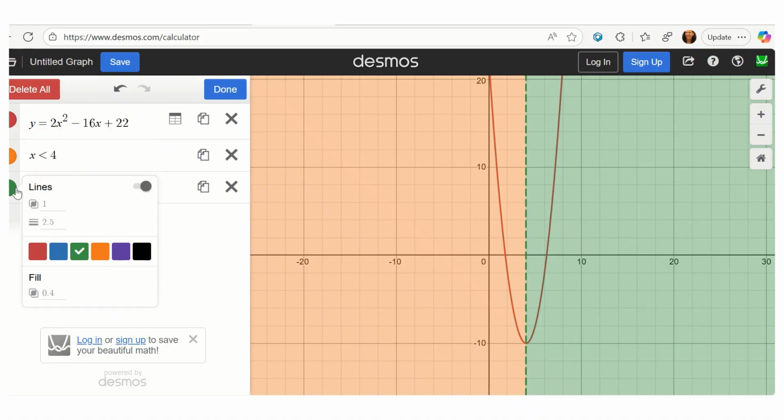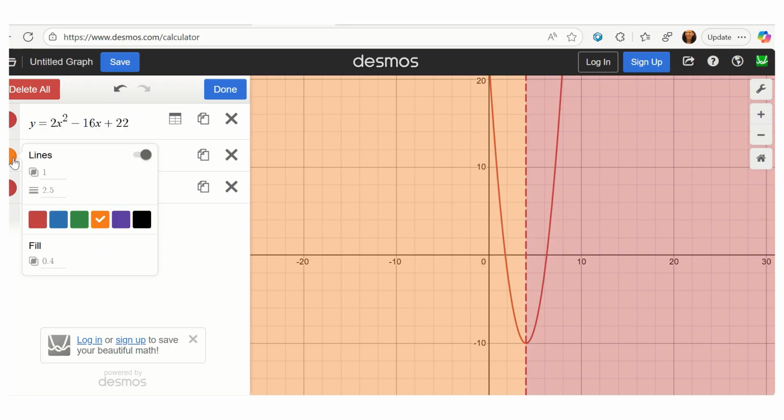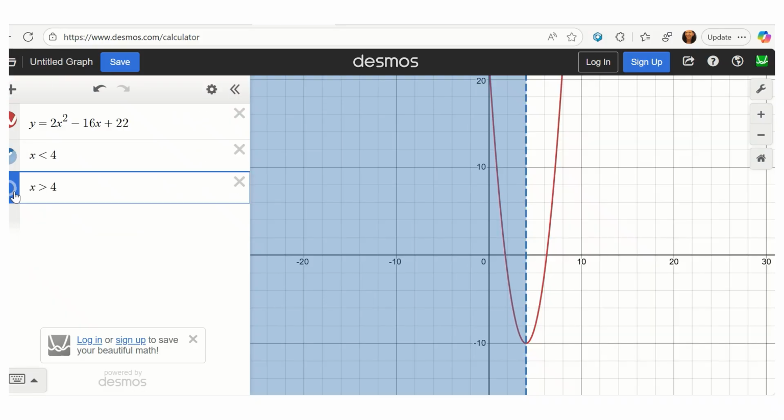So just for funsies, we'll just say yours ended up in orange and red and you're like, oh, great. Okay, so you would click on that gear. Click into either one of your inequalities, click on that gear. These circles appear on the left-hand side and it says, okay, decreasing needs to be in blue and increasing, whoops,